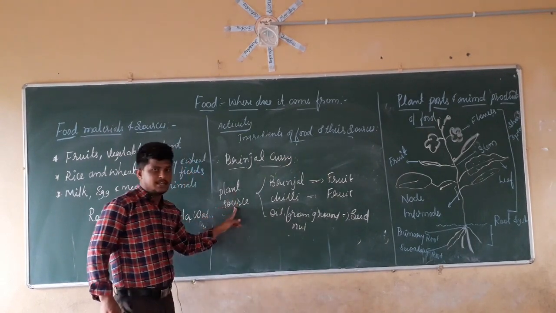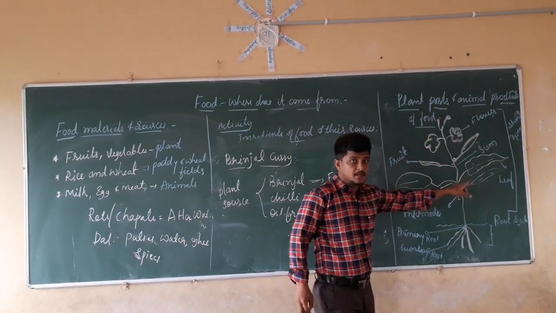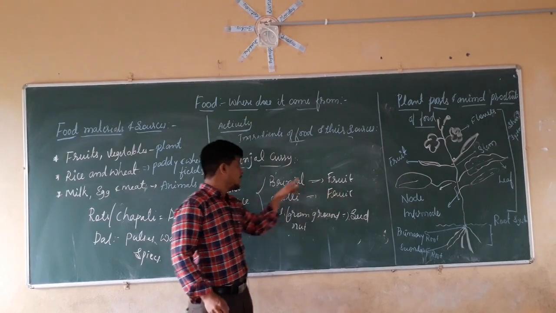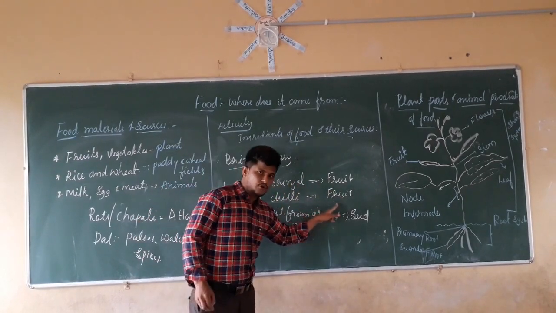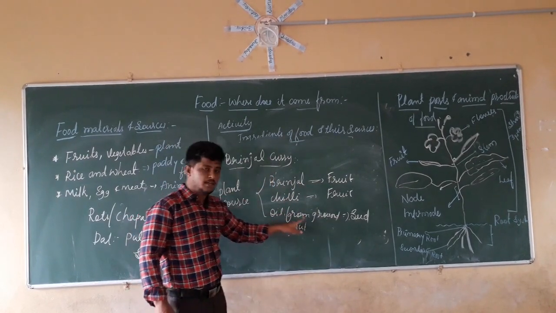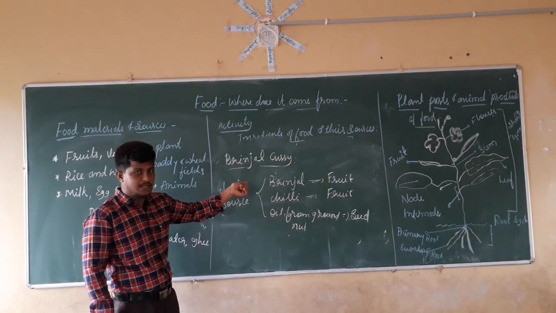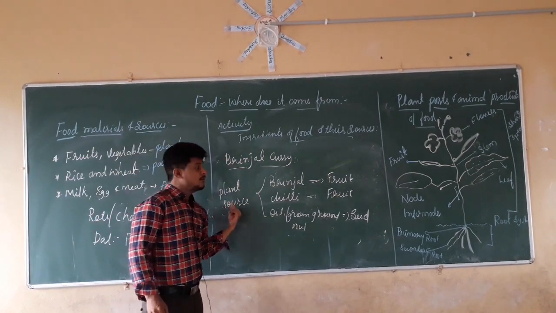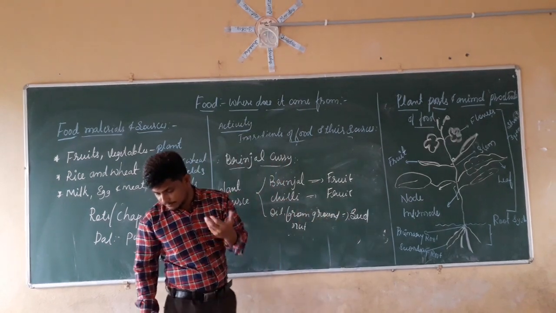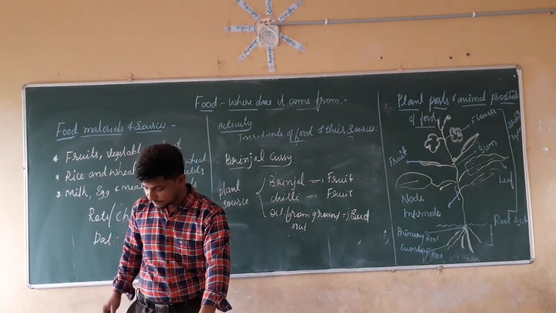Now plant sources are different. We have seen here the different parts of the plant. From which part are we going to get the food items? From the fruit we are getting brinjal. From the fruit again we are getting chili. From the seed we are getting oil from groundnut. That means these ingredients, which make brinjal curry, are all coming from the plant source, from these plant parts. In this way you have to make a list of up to 10 food items.